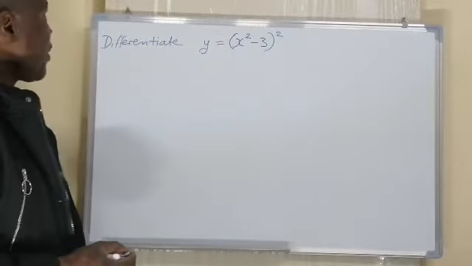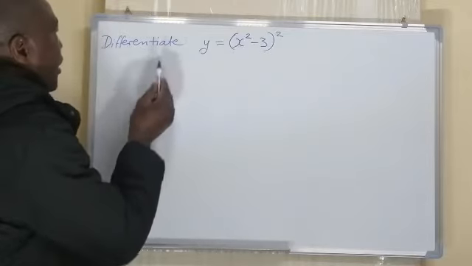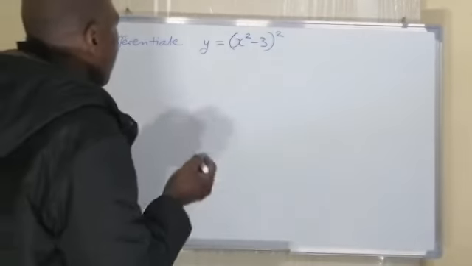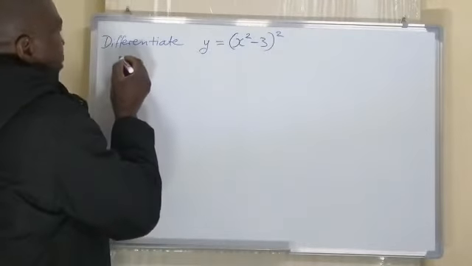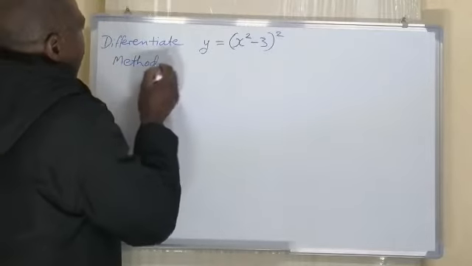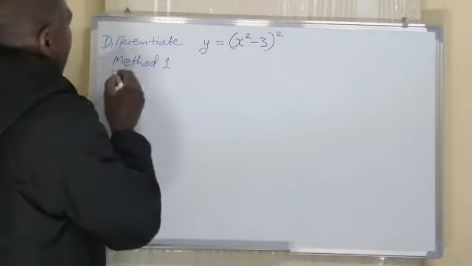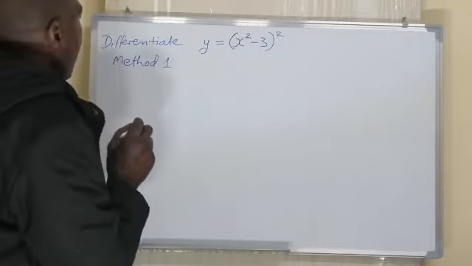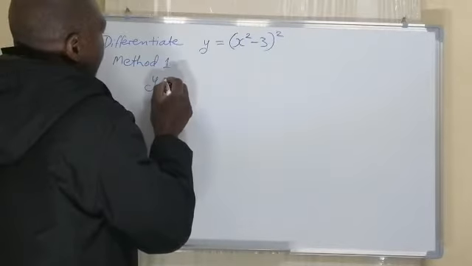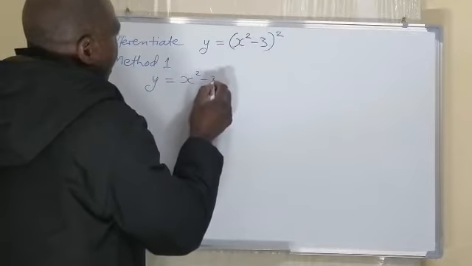In this video, we are going to look at how to differentiate y is equal to (x squared minus 3) all squared. So I've got method 1. In this method, we are going to expand, because y is equal to (x squared minus 3) all squared